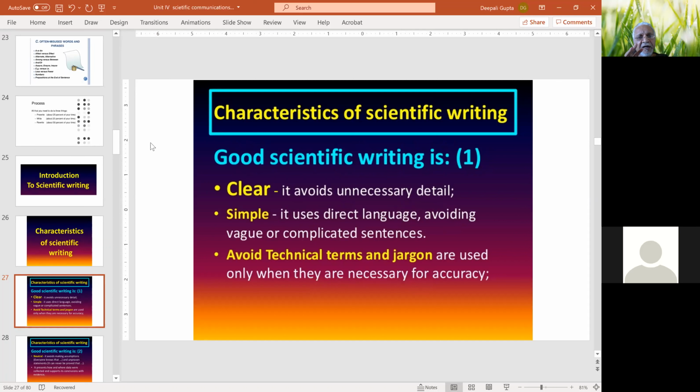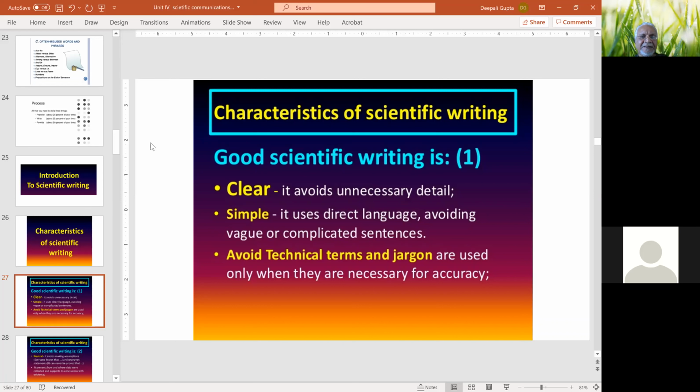Whatever you are writing, there should not be any ambiguity in conveying your material, whatever you want to convey. You should not go in a roundabout manner. It should be written straightforwardly, clearly, in simple language, with short sentences, and without complicating your thought. So your writing should be very, very clear.